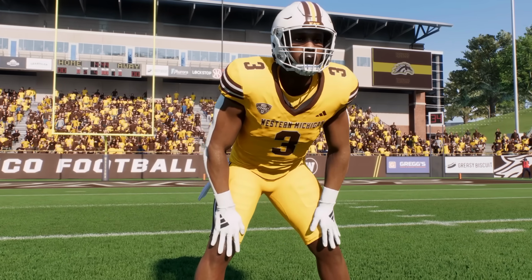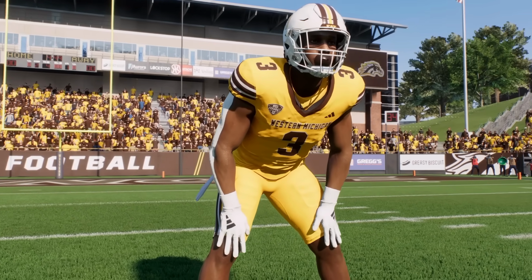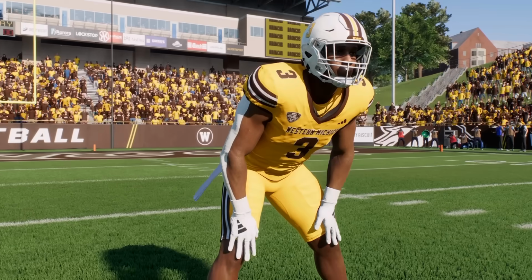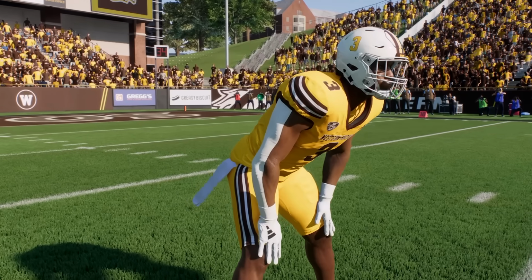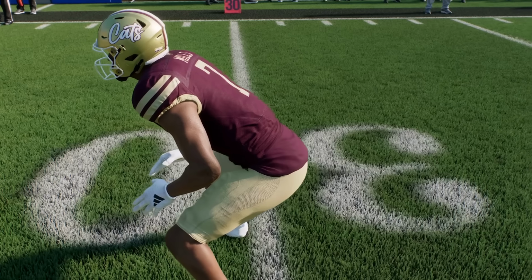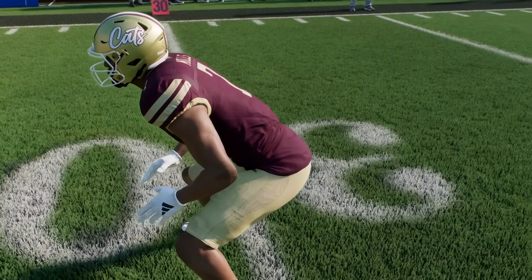I don't know if it's just me, but I kind of like their colors. I'm a big fan of brown. I like the brown and gold combo. The all gold unis here look sick. I would say these are probably their best looking uniforms now, in my opinion. It's in the game. And then speaking of good unis, Texas State always has a lot of good stuff, but